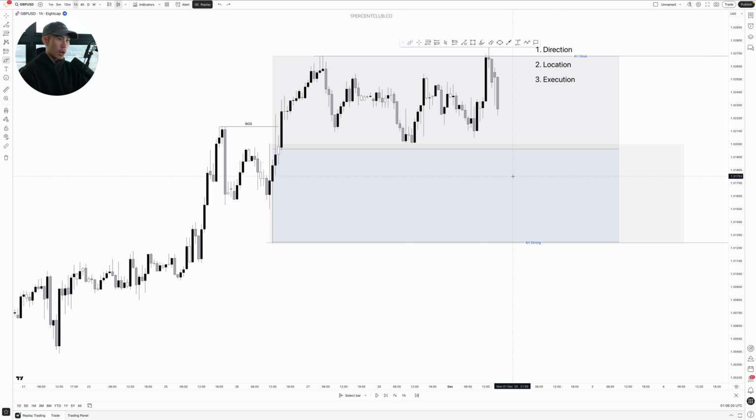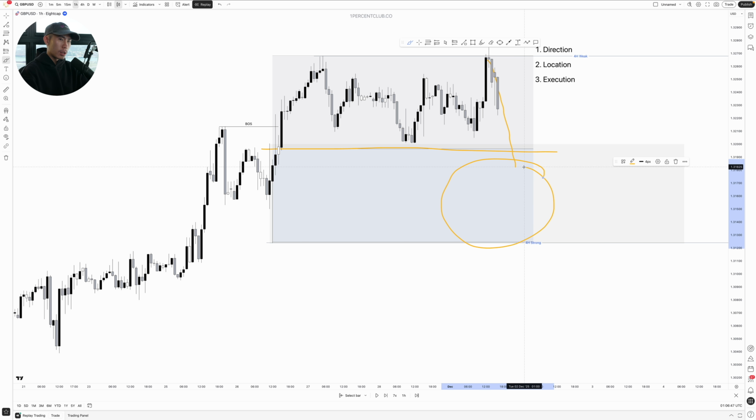Looking at this particular case itself, I pretty much mapped out my premium and discount by dragging it from the swing low all the way up to the swing high, and I've established that price is still in the premium pricing. It's still considered as overbought, so I shouldn't be entering for a buy anywhere right here, which means I'm much better off waiting for price to actually come down below this equilibrium level, right? Coming into the discount range, then I start looking for longs.